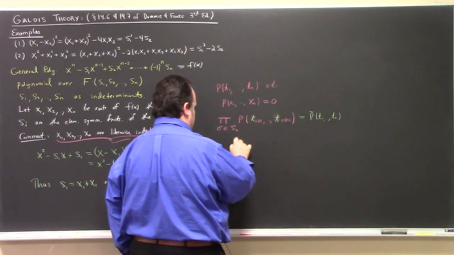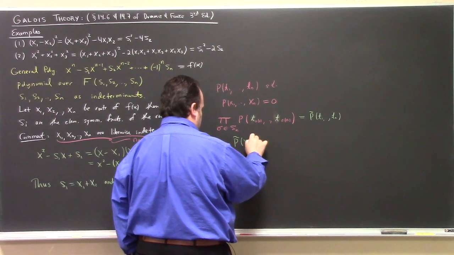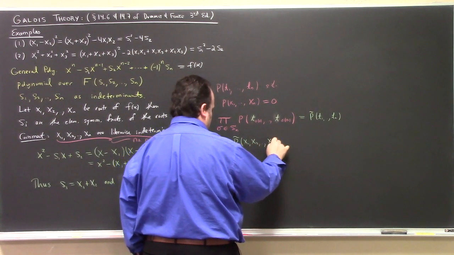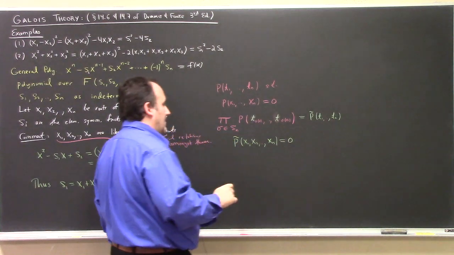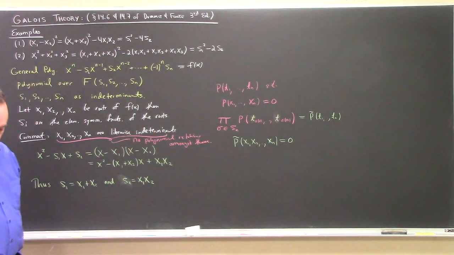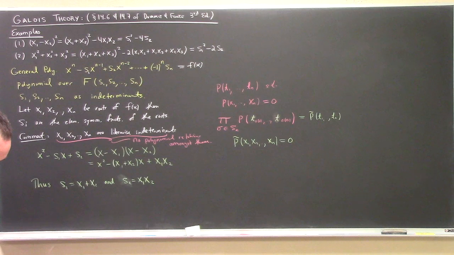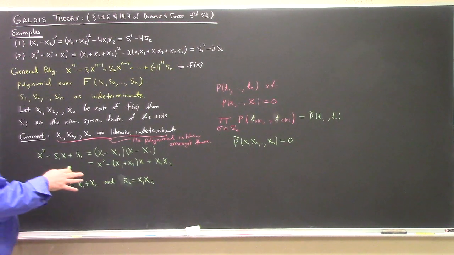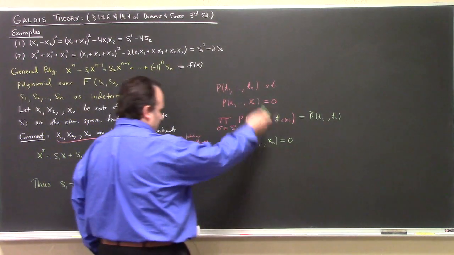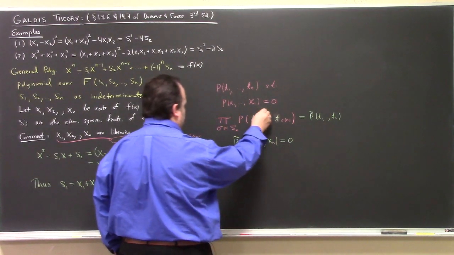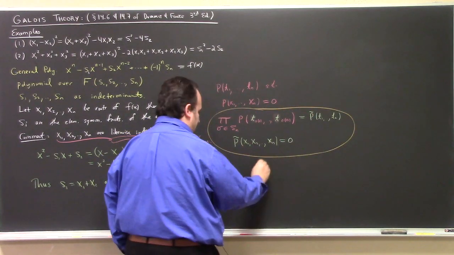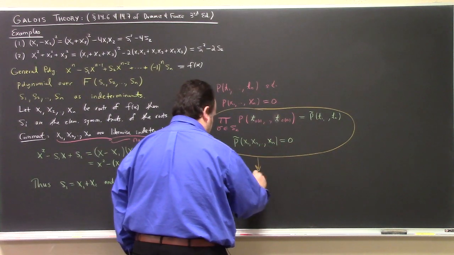And he claims that then p tilde of x1 would be 0. Actually, that's not it. Well, that's not the point. I mean, that's true, but the point is that if you think about all this together, what that says is that there exists a non-trivial